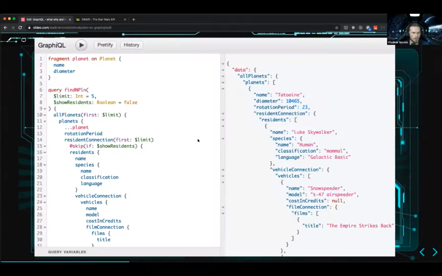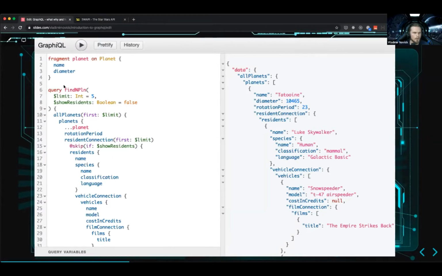Now, this is a more complex example of GraphQL, which has way more features than just querying. It has variables. It has reusable blocks that are called fragments. It has specific input types. It even has directives that enable simple if statements inside this query.